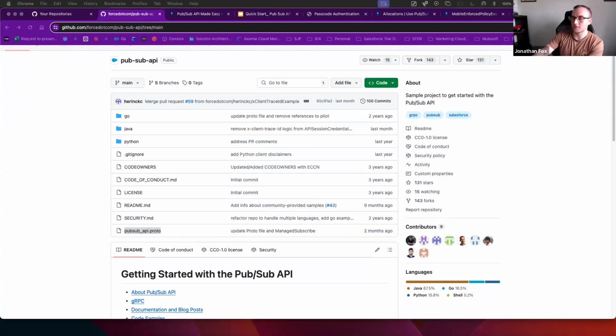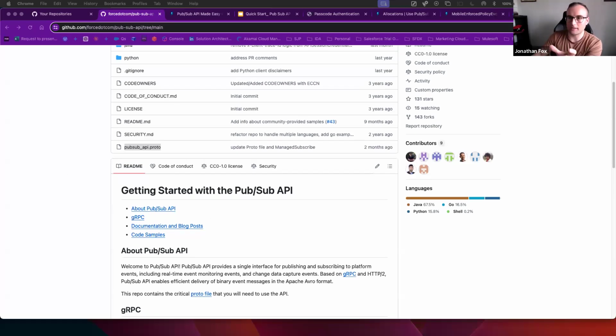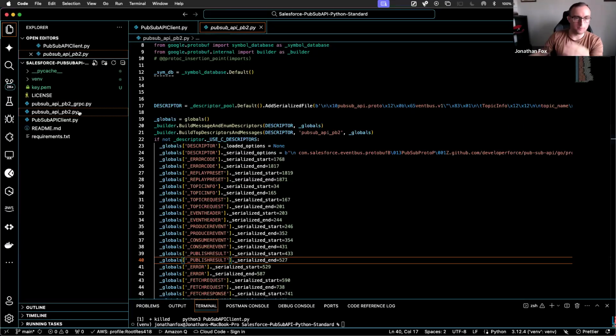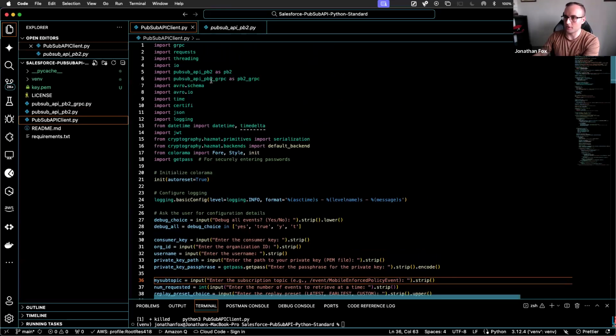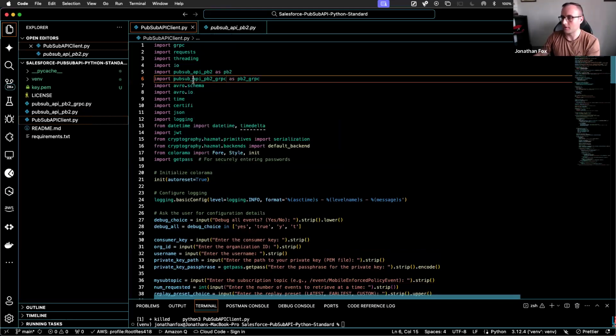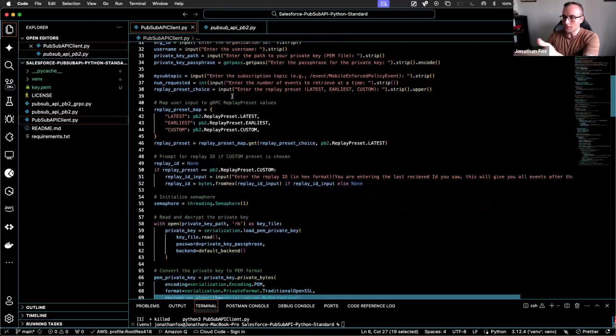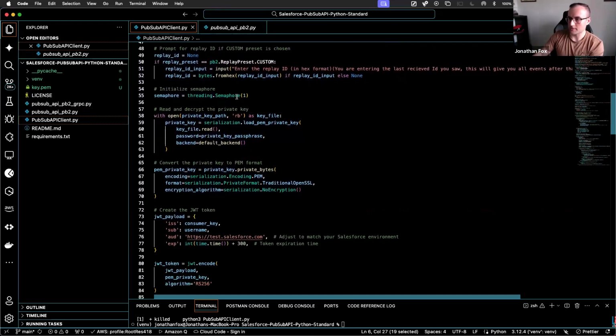There's a command line on one of the dev docs to produce these 2 files from the proto definition. You then use those in your application, whether it be Python, Java, whatever you're using, and they're what you use to call subscribe, call publish, call get schema, and all that kind of stuff.